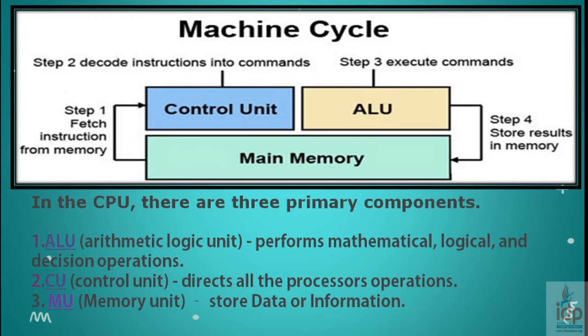Students, a CPU is made up of three main parts. They are arithmetic logic unit, control unit, and memory unit. Arithmetic and logical unit: this unit performs all arithmetic calculations like addition, subtraction, multiplication and division. It also performs logical operations like finding the greater number, smaller number, greater than equal to, less than equal to and not equal to numbers.